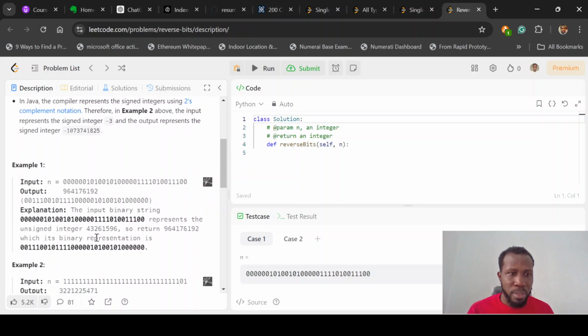For example, the input here is a bunch of zeros and ones, and I suppose this has a decimal equivalent. There are 32 bits in this binary number, and you're going to reverse it. So this zero comes over here, and this one comes over. So it's like a flip of the number. The reversal of that number is